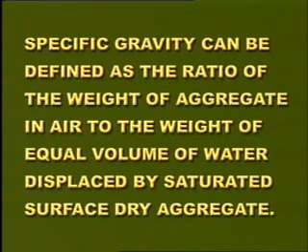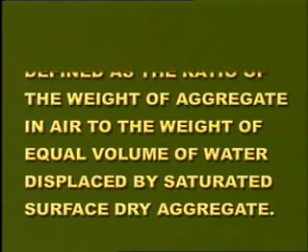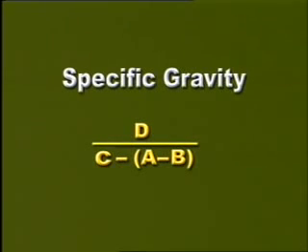Specific gravity can be defined as the ratio of the weight of aggregate in air to the weight of equal volume of water displaced by a saturated surface dry aggregate. Specific gravity of coarse aggregates can then be calculated as D divided by C minus A minus B,